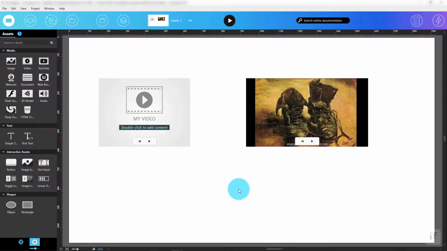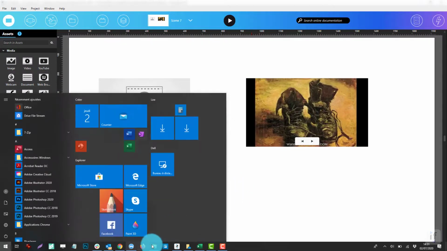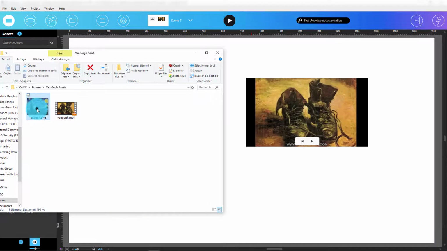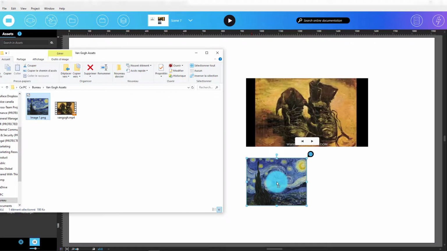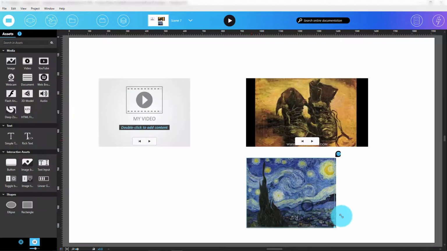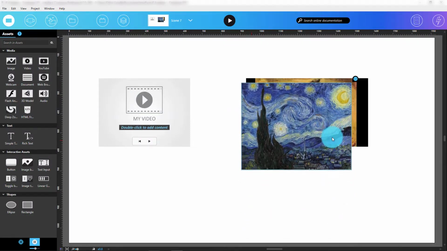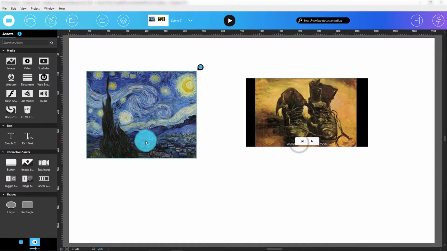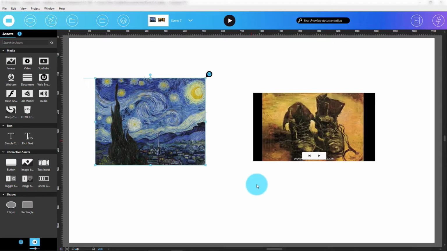Let's look at the second option for adding an asset. In this case, I'm avoiding an empty container and going straight to an actual piece of media. See how I've put an image and a video in a folder? All I have to do is drag and drop them into the scene and Composer will create the corresponding assets. Composer recognizes the format of each file and creates the correct asset type. With this method, the media is automatically imported and shows up within the content library.